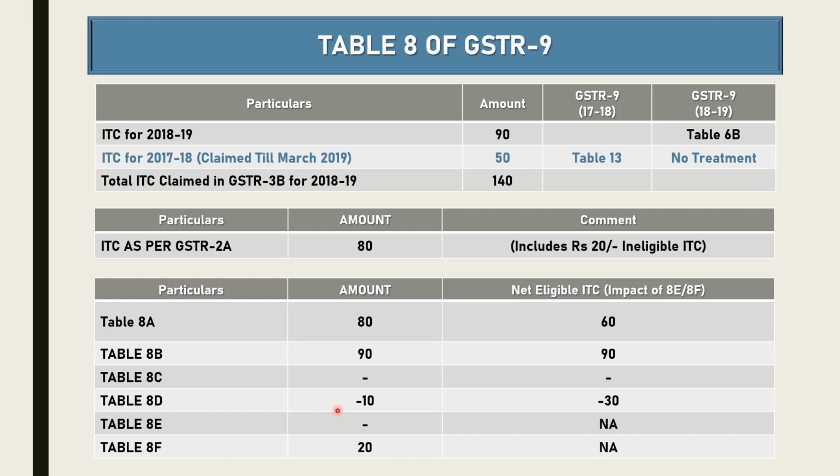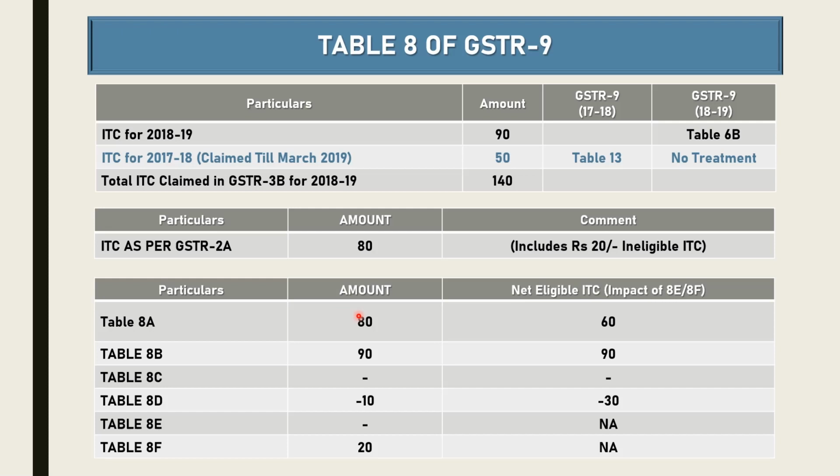which would be an incorrect picture, incorrect presentation of facts, and in some cases, since it is an incorrect reporting, it may lead to penal consequences as well. So I have to be very careful while reporting table 8E and table 8F, and these figures have to be invariably reported. We cannot report it as nil figures, treating these as insignificant figures. These are very significant figures in table 8E and 8F for understanding of figures which are being auto-populated in table 8A.